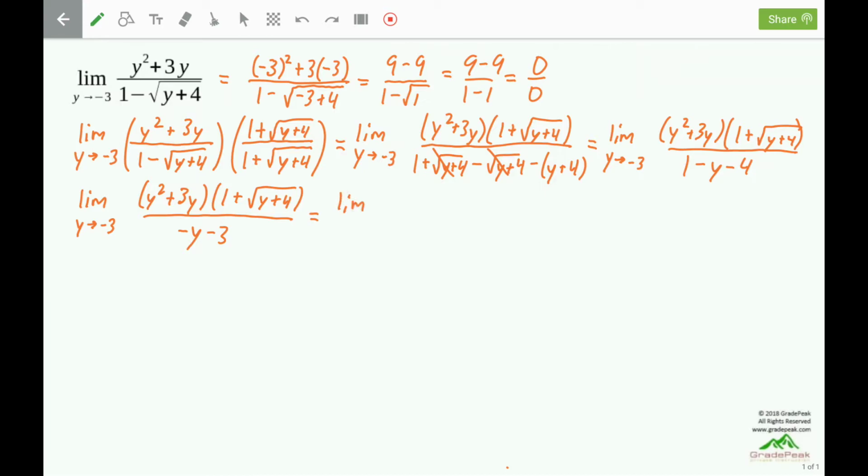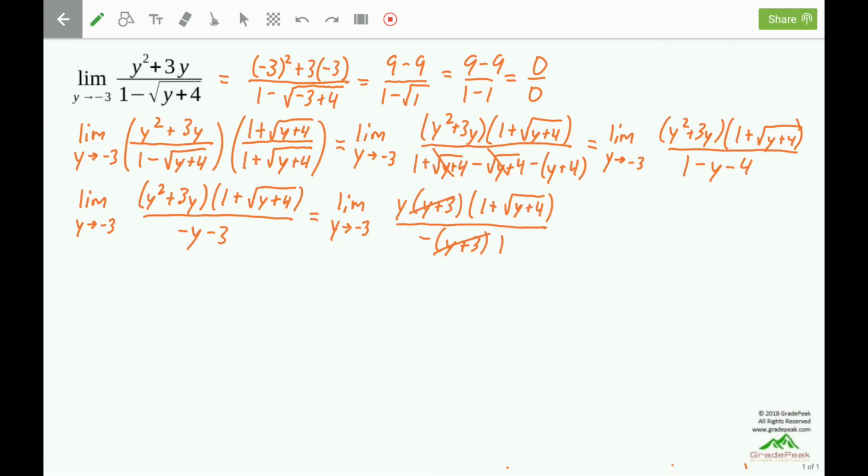In the numerator, there's a common factor of y. And we can factor a y out and be left with y plus 3. There's the y plus 3 factor that we expected. Since y is going to negative 3, y plus 3 makes a 0. In the denominator, we want to be able to see a y plus 3 down there as well, and for now we do not see that. However, if you factor a negative out of each of those terms, they change signs and they both become positive. We have y plus 3. Now you can see the factors that are making the 0 over 0, and they can be canceled,